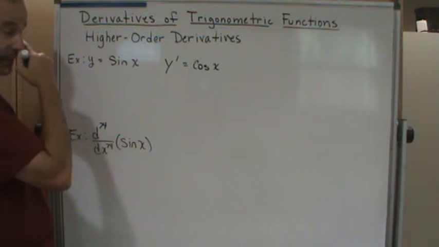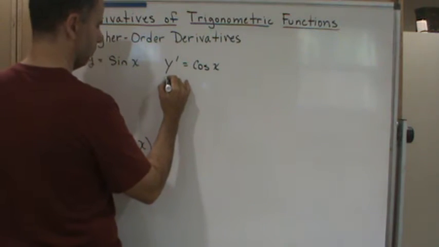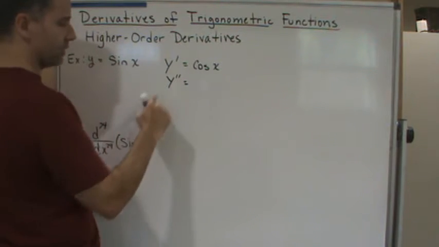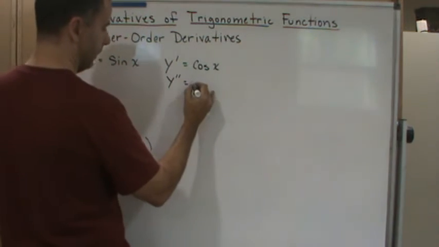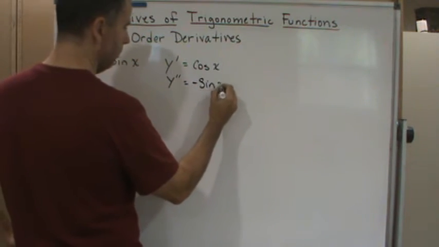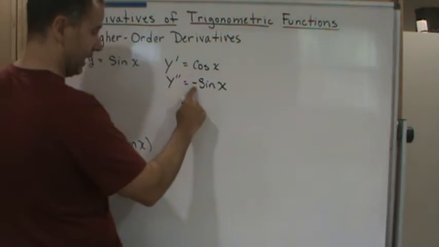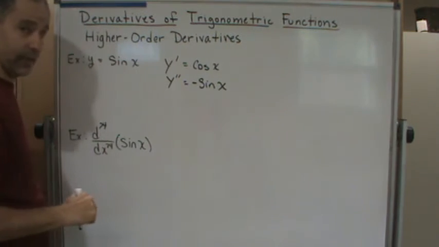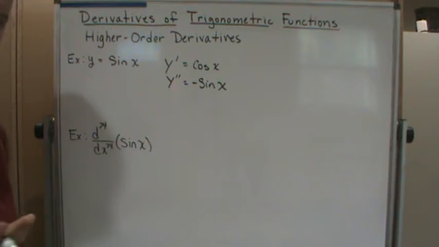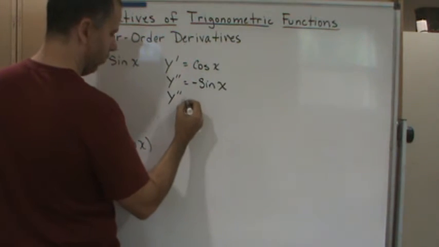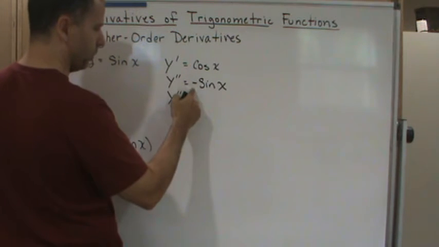So now we're going to take the second derivative. So that means we're going to take the derivative of cosine. Well, what's the derivative of cosine? Negative sine. Now, we can look at this as like negative 1 times sine and treat it like a constant multiple rule, right? So now if I take the third derivative, well, it's going to be just a constant multiple rule, which